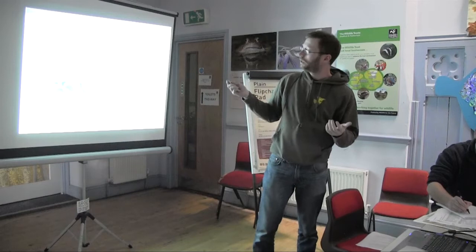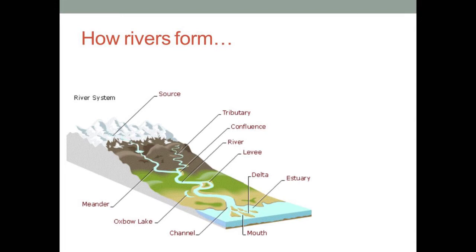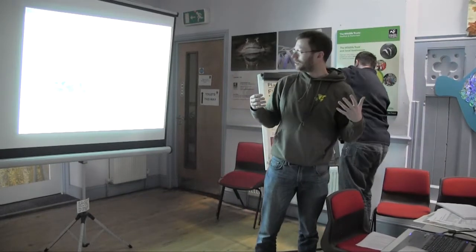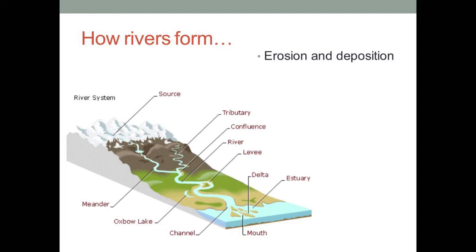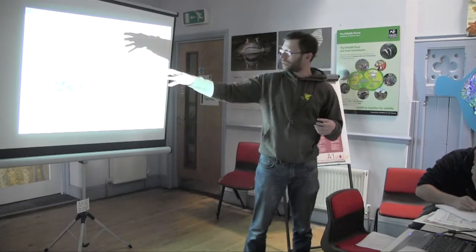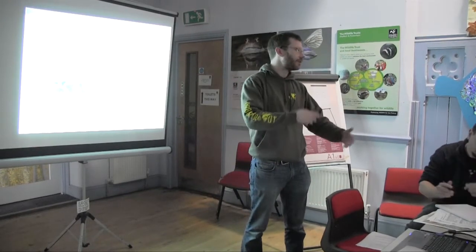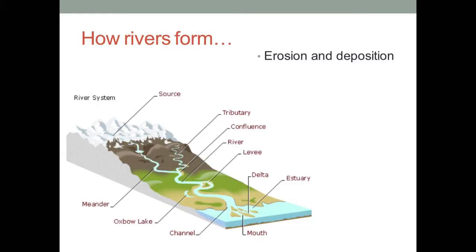At the most basic level, some precipitation happens up in the mountains. Water makes its way down through the system towards the sea, and on the way takes on a variety of physical structures and forms. So the main processes that drive that whole procedure is that it's governed principally by erosion and deposition. So there's some kind of wearing away, if you like, or rubbing away of the mountain stuff, and then as that proceeds towards the sea, it gets dropped off and remobilised in different places as it goes along. And that's what produces these different structural forms